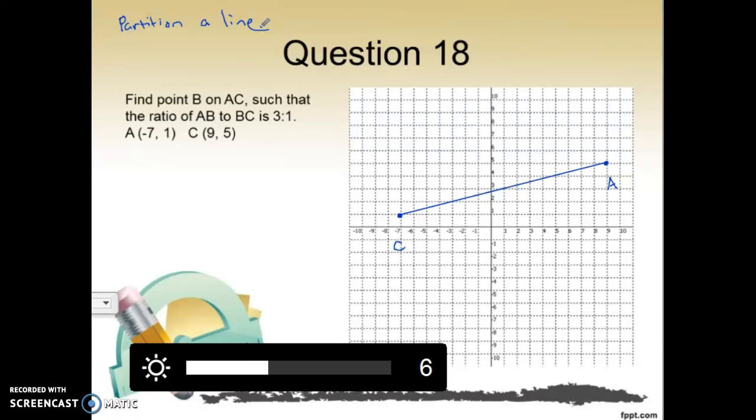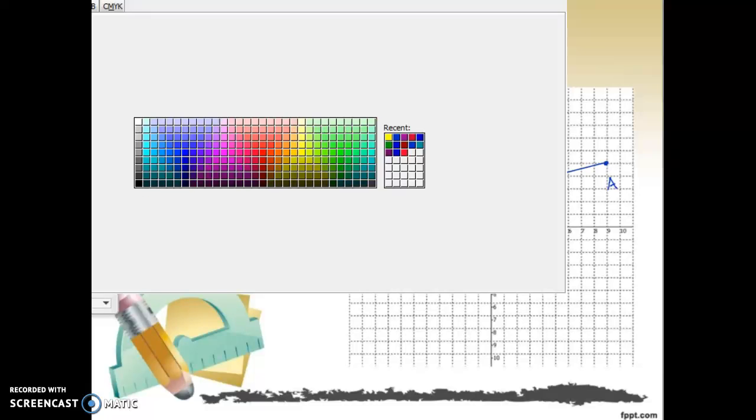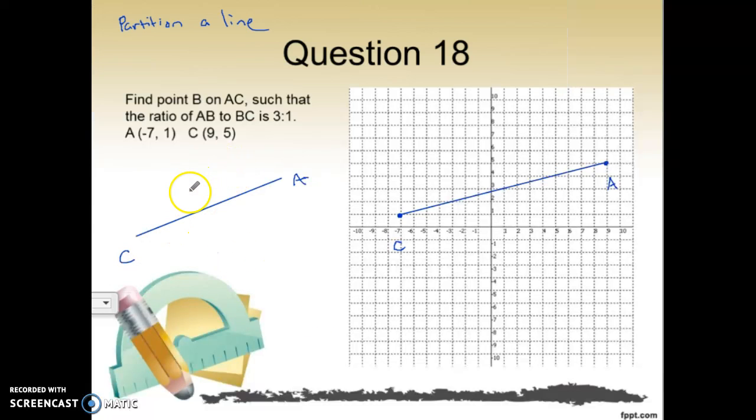All right, what they want us to do is find point B. We're going to put a point B on here somewhere, such that the ratio of A to B to C is 3 to 1. All right, so let me tell you what that means. I'm going to just sketch it over here once. All right, so we've got A over here, and we've got C over here, and we're going to divide this. I'm going to put point B on here,